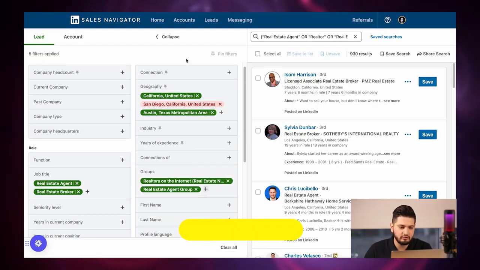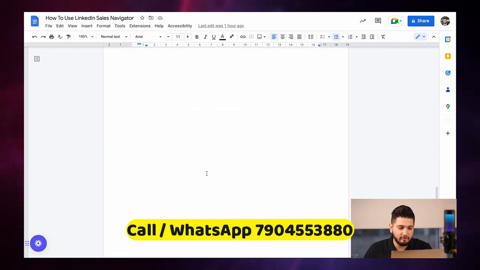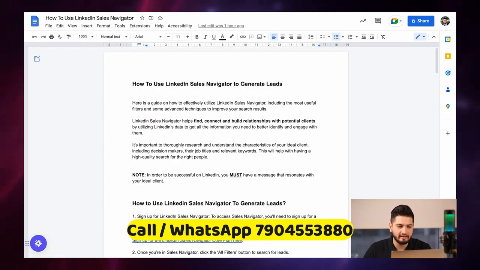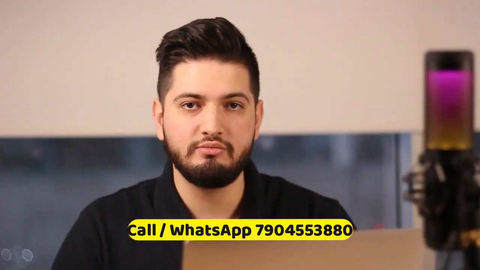The point is, by doing so, this is going to allow you to really customize your message that says, for example, let's say, Sylvia, I see that you're in the real estate agent group on LinkedIn, and you can just basically start your message with that. This is going to help you personalize your outreach more and more, and people like to receive personalized messages rather than copy pasted messages that they receive every single day, right? So you can use the group section here to utilize that, and if you want, you can also even join groups on LinkedIn. So by joining groups, you can actually message them directly without them even connecting with you, right? So if you